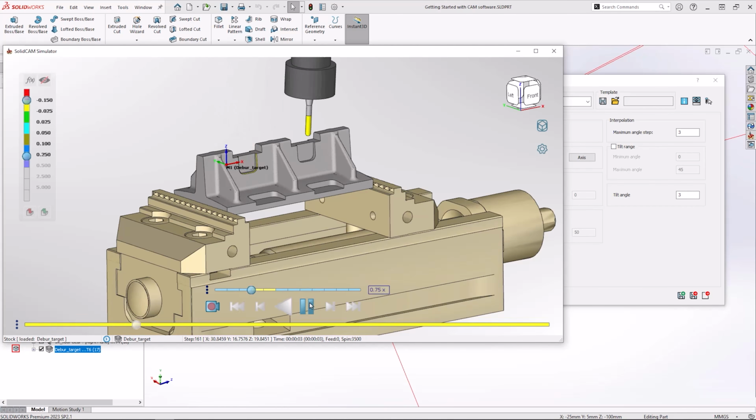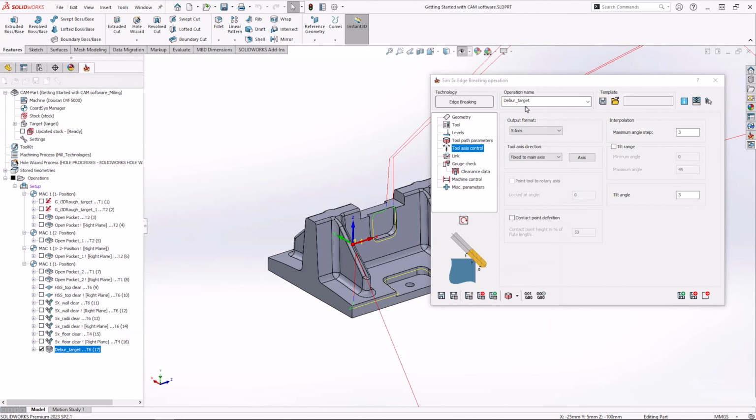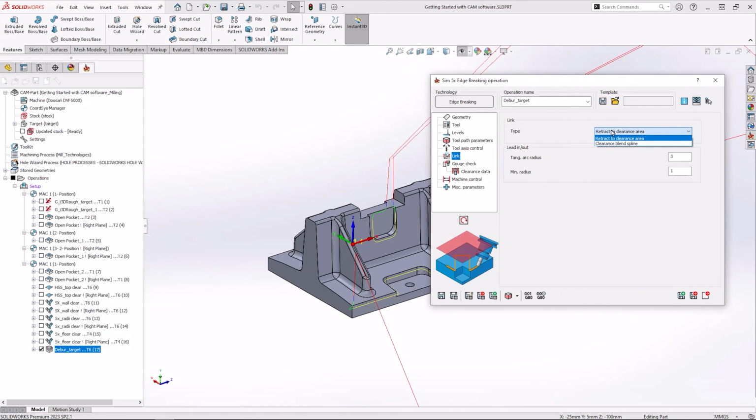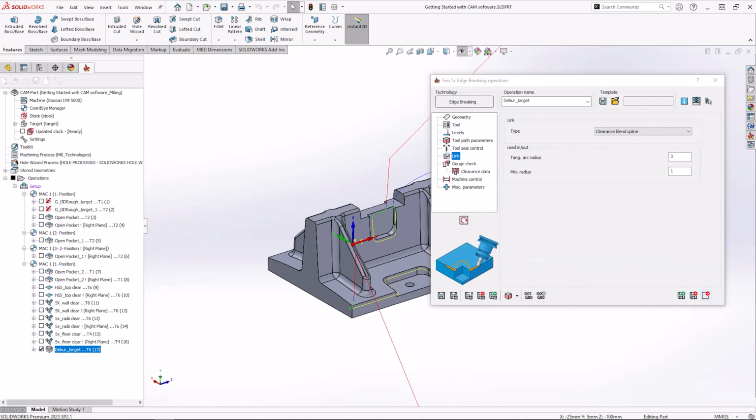As the tool starts to move, we can see, in this instance, all axes that can rotate move at the same time and are constantly shifting to make sure that our ball nose tool is making a constant edge break across each edge and across corners as well, giving you a great result. Another option that's really worth mentioning is link. In here we can choose to return to the clearance area or go to a clearance blend spline. With a blend spline going straight from one toolpath to the next in a safe manner, potentially saving you extra time in your deburring operation.